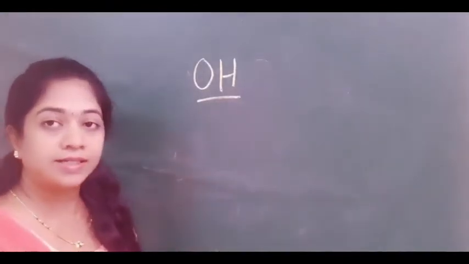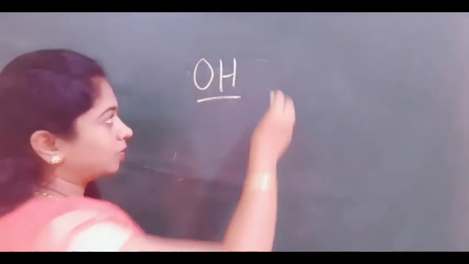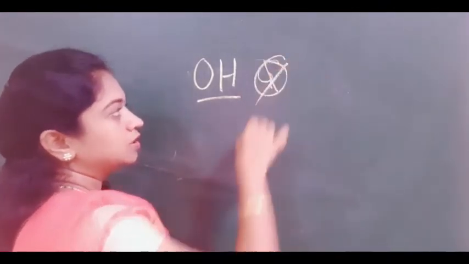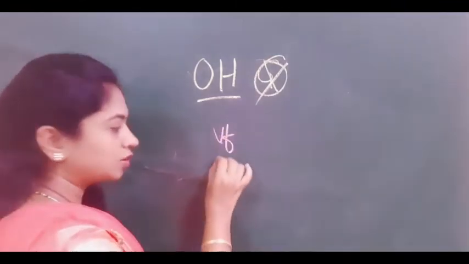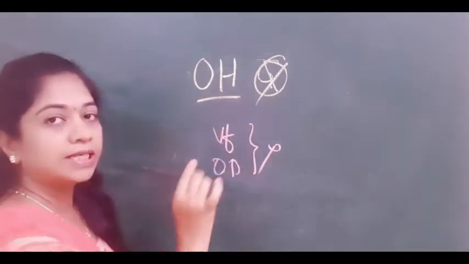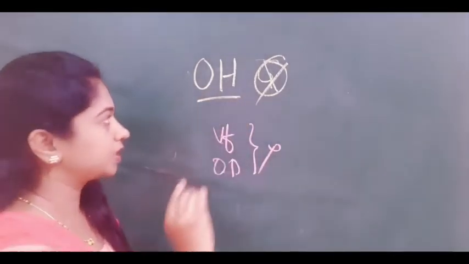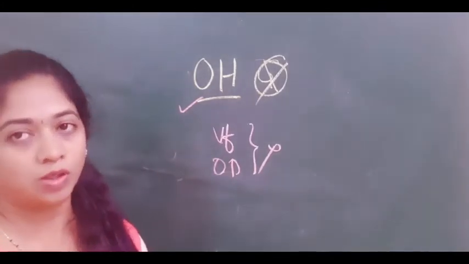So coming to the next entity, that is ocular hypertension. Observe, there is no word like glaucoma here. There is no glaucoma. So it means that there are no features of either visual field changes or the optic disc changes. These two features are not present. Only there is increased intraocular pressure, that is called ocular hypertension. So let's discuss in detail about all these three now.